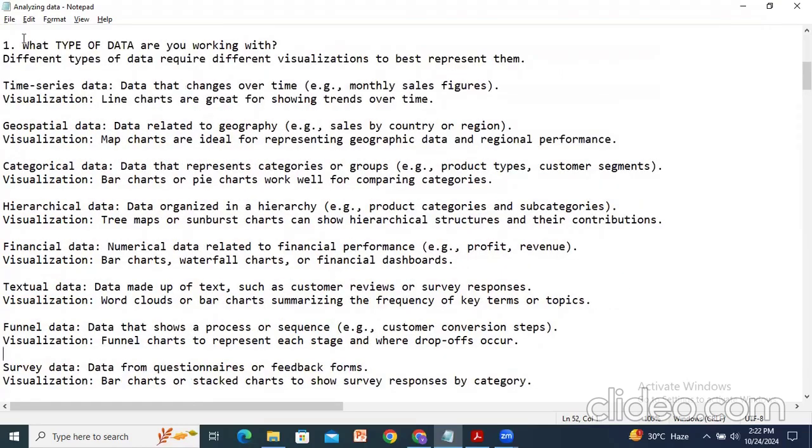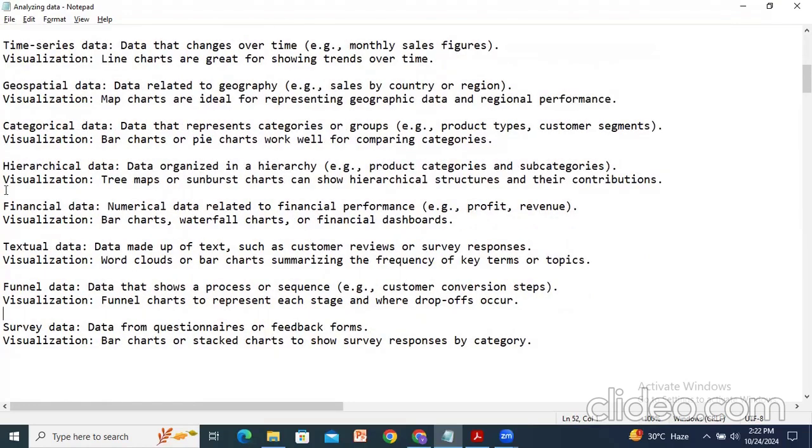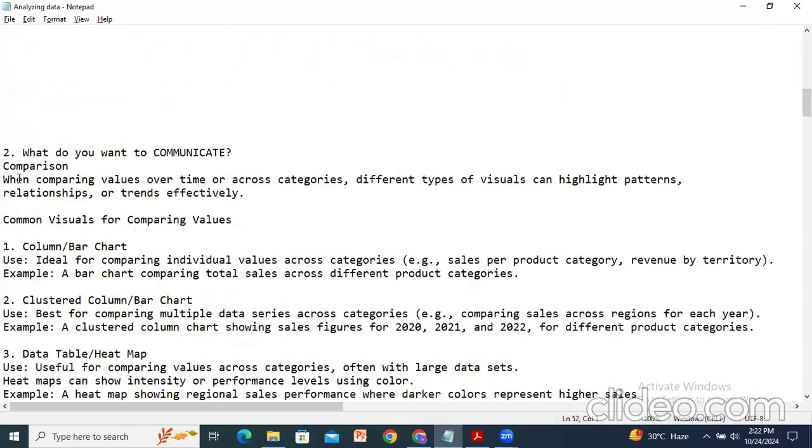So what type of data are you working with? The different types of data we are working with: time series, geospatial, categorical, hierarchical, financial, textual, funnel, and survey. Next, we'll look into